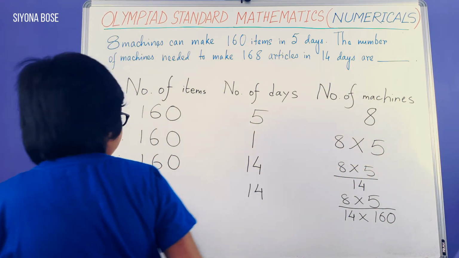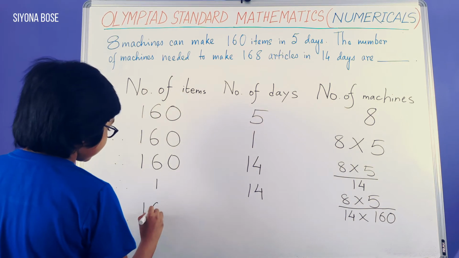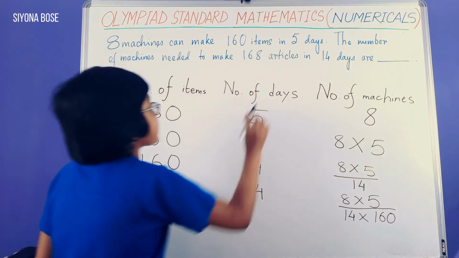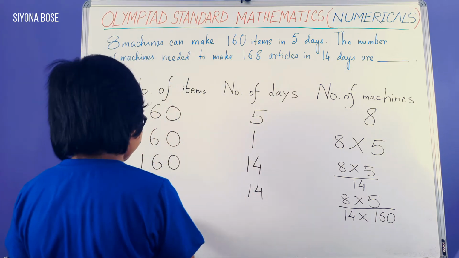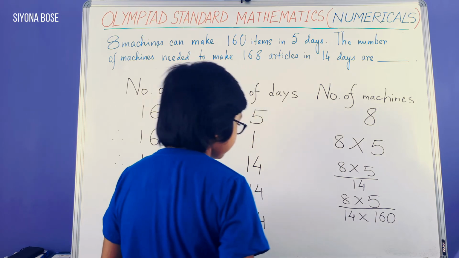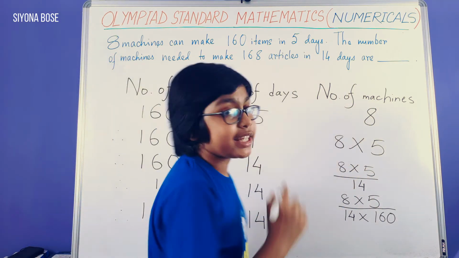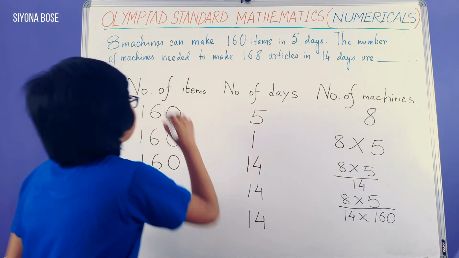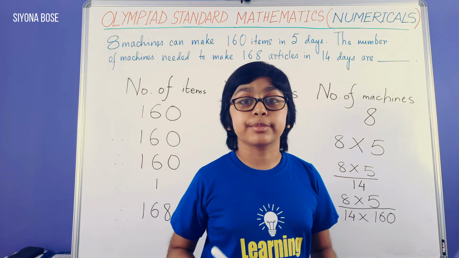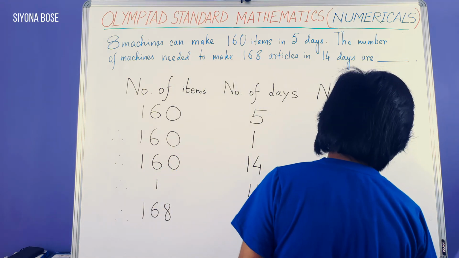And finally, our last statement should be 168 machines. That is the question. 168 articles or items, then 14 days. Then, because the number of items and number of machines are directly proportional, when number of items increases, the number of machines automatically increases. And finally, we reach to this